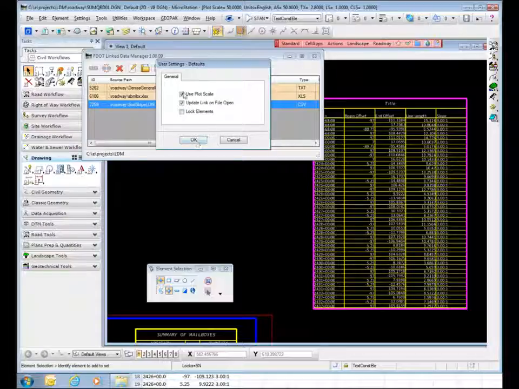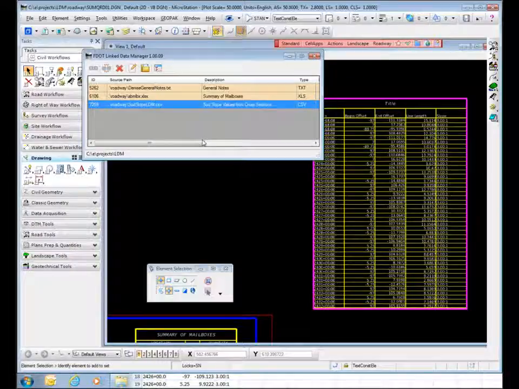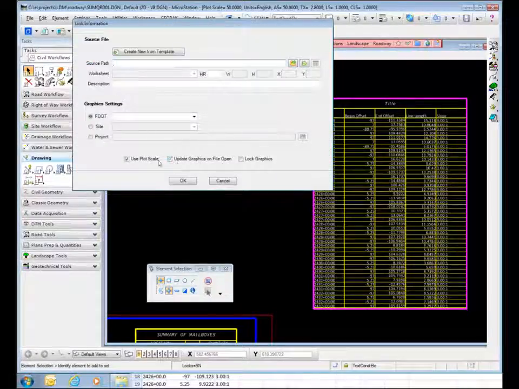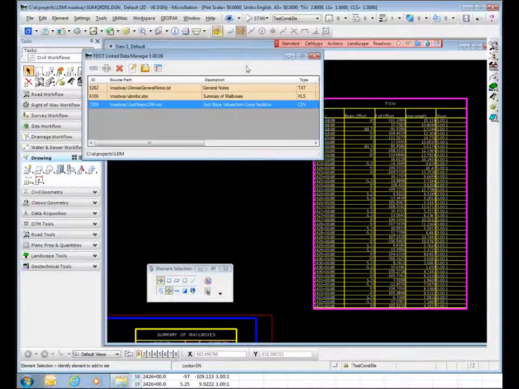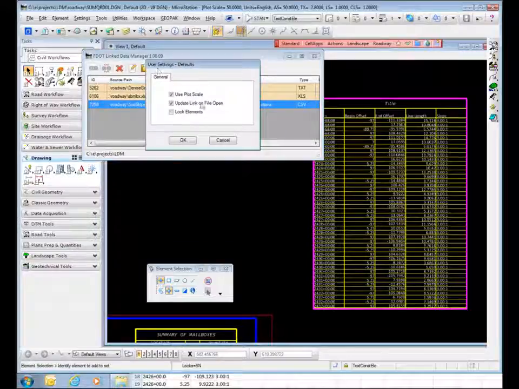Okay, they're just the defaults. It doesn't force it to happen, because I can come in here and create a new link and I can turn these on and off, and then it'll apply to that particular link. Those are just defaults. So in other words, if I always want to use the plot scale, I can go ahead and turn that on through the default group here, and then that's just one less click. Okay,